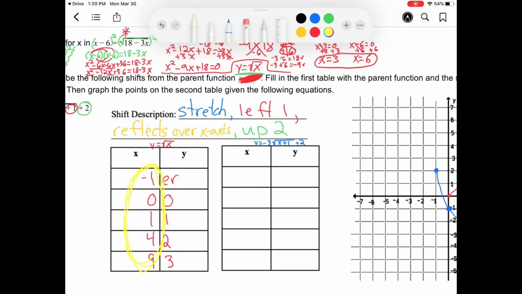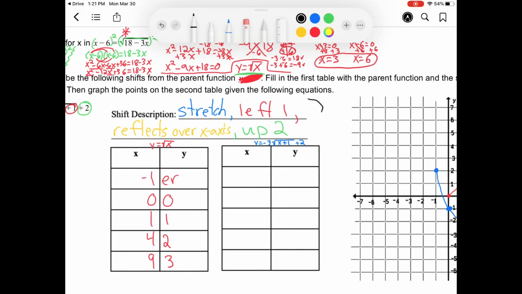I told you guys to remember these 5 numbers so that it is easier for you to fill out these 2 tables, because these 5 x values give you all of these perfect whole numbers as your y values. There is a reason for my madness. So, with this being said,